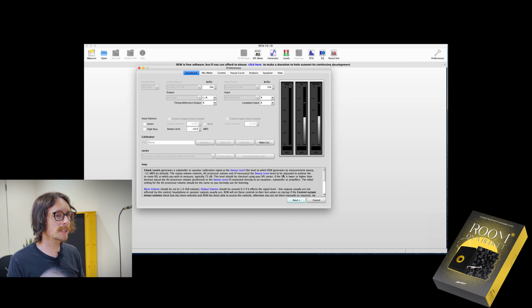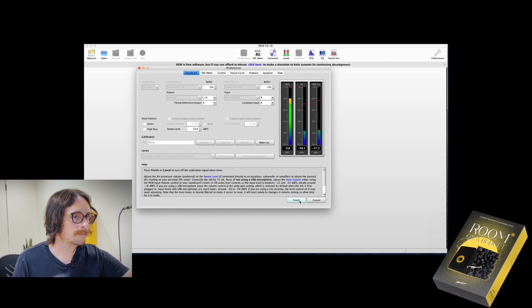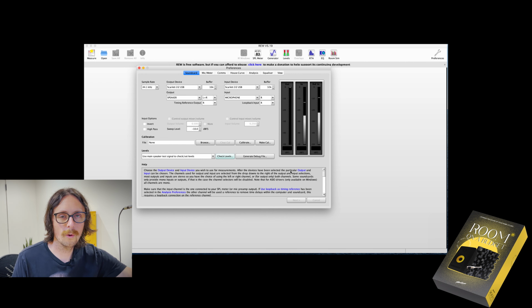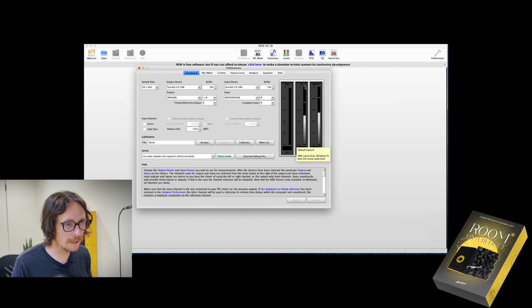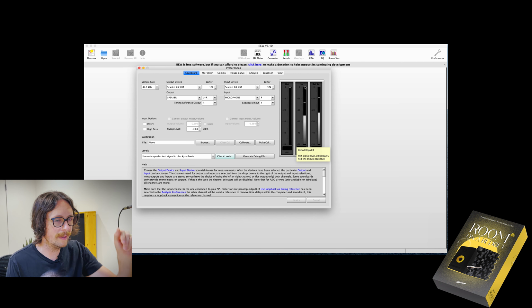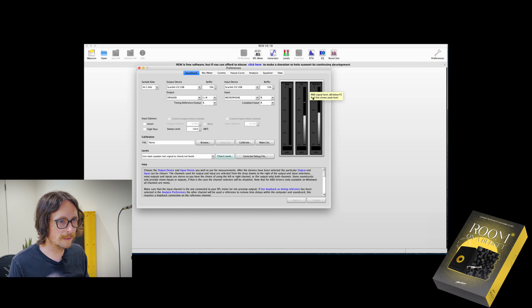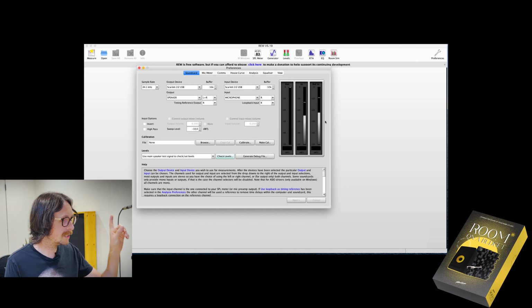Okay, so you can hit check levels here, and when you hit next, it'll shoot a signal through your speakers. Oh, isn't that just so cool? Little pink noise, right? So what that's going to show you is your output, your dBFS, which is your full scale decibels, and it'll show you the input, default input RMS signal level, and then it'll also show you the reference in. So RMS signal level dB below FS, red line shows peak level, okay? So don't worry about all this stuff, just make sure you're seeing meters and you understand where the signal is